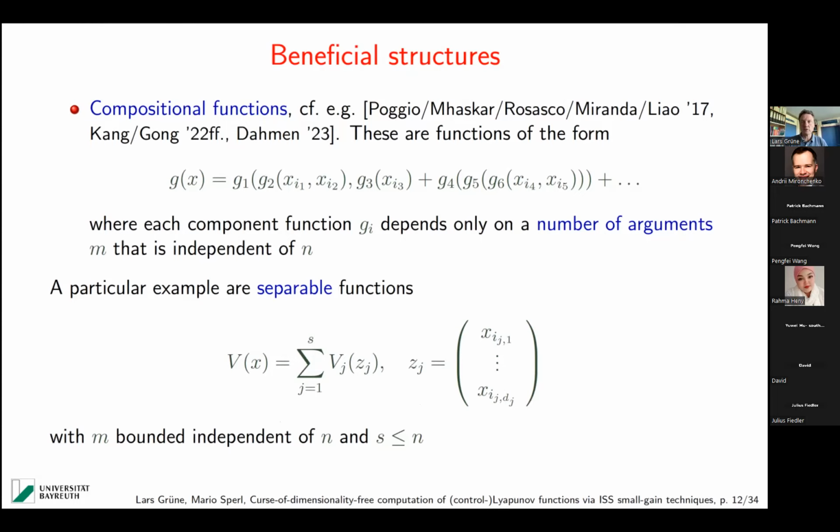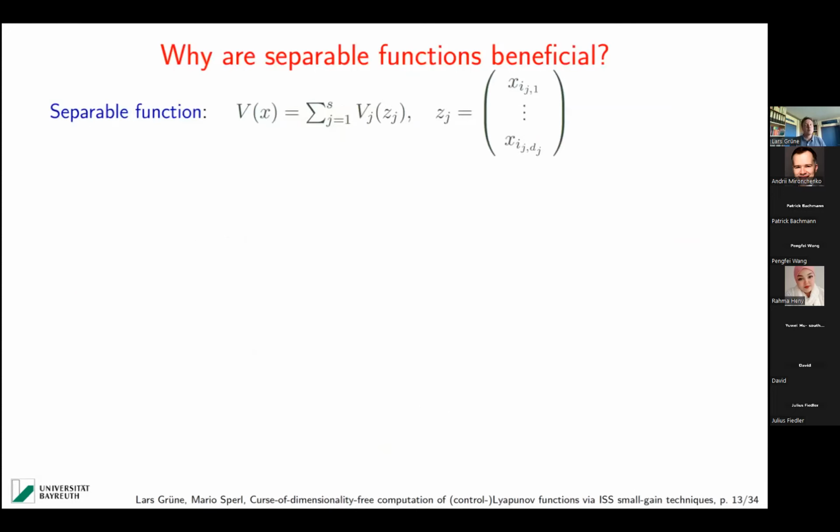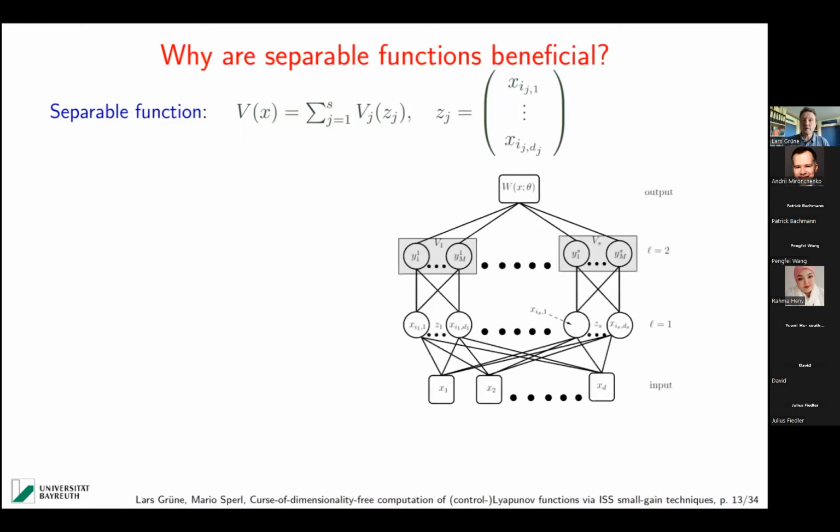Before I explain how we get them, I would like to explain why they are beneficial in deep neural networks. The reason is the following. The network you can write down is this one. We have one layer, which essentially does the splitting up of the vector into the subvectors. And then we have these gray blocks. We have S of them, one for each of these Vj, here one for V1, then the others are not shown, then Vs here. First of all, we can approximate the individual function by these blocks, and then they are added up to the final function up here.